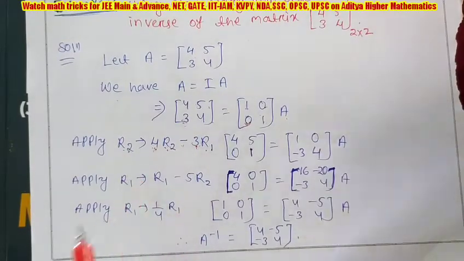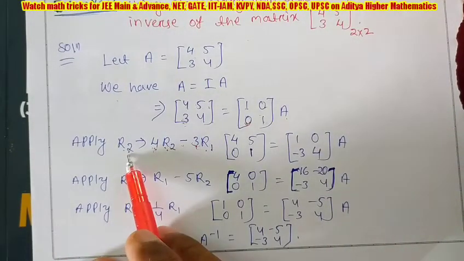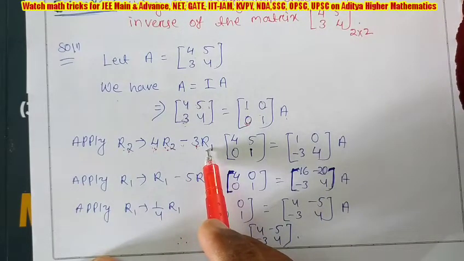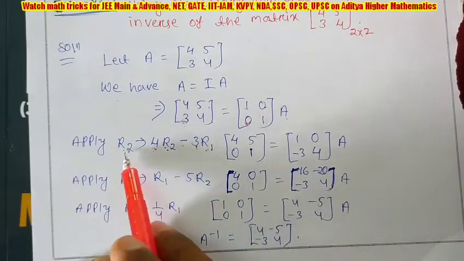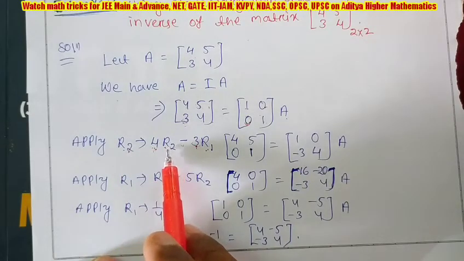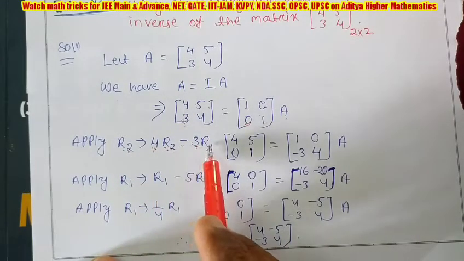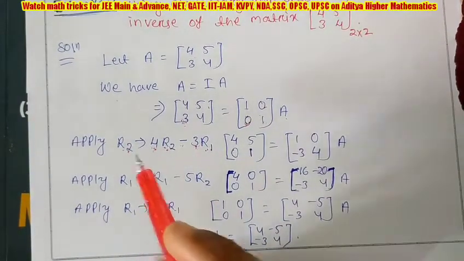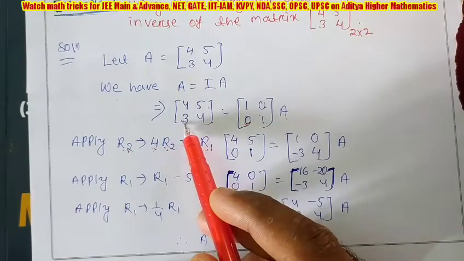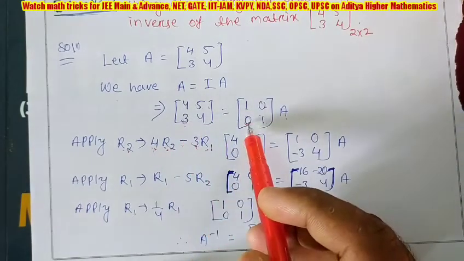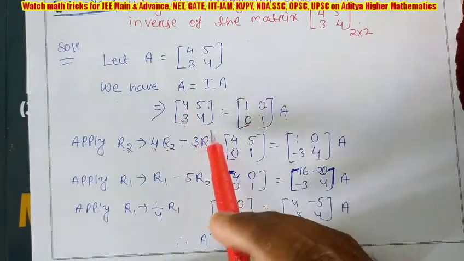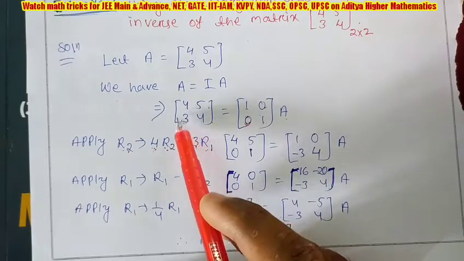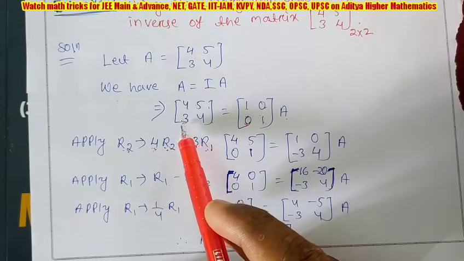This is the important point. When you are changing R2, you write R2 first, then second write R1, the remaining one. The point is, we are trying to make this element 0, because it is 0 in the identity matrix, and we are going to change this matrix twice. So first you have to make all zeros. Since you are making all zeros, you have to make this element 0 first.